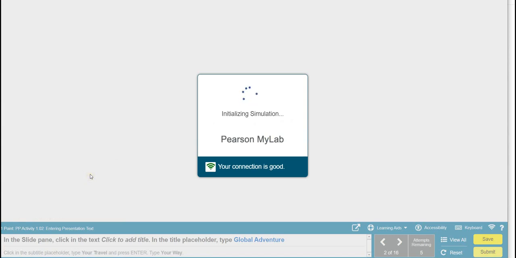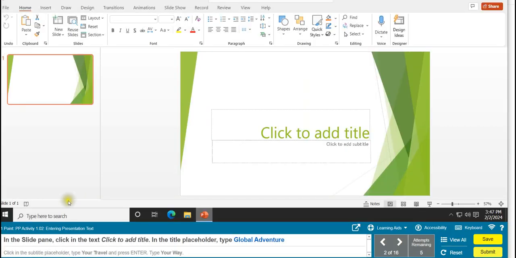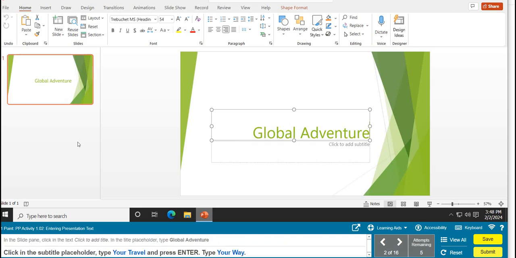In the slide pane, actually entering presentation text. So in the slide pane, click the text. Click to add title. Click that. Once you click it, it'll put the cursor where it needs to be. You just have to click it one time. You don't have to find that start point. So type in Global Adventure. Make sure you capitalize and spell everything correctly. And once you do,